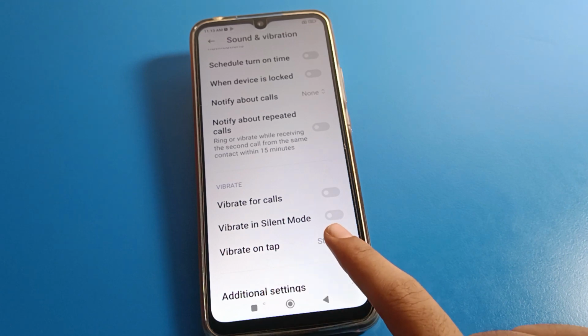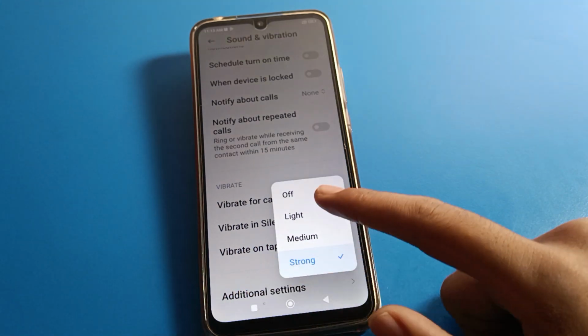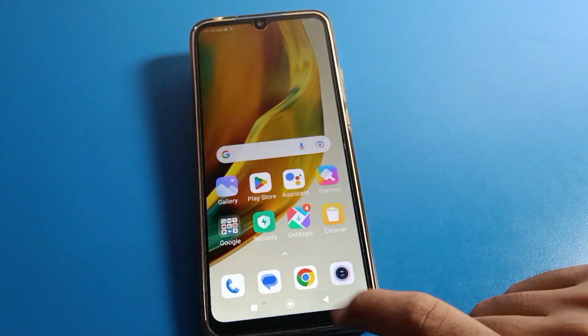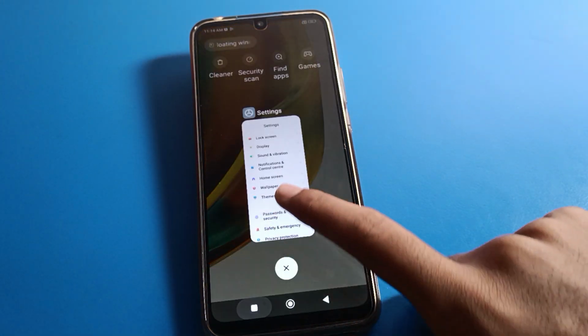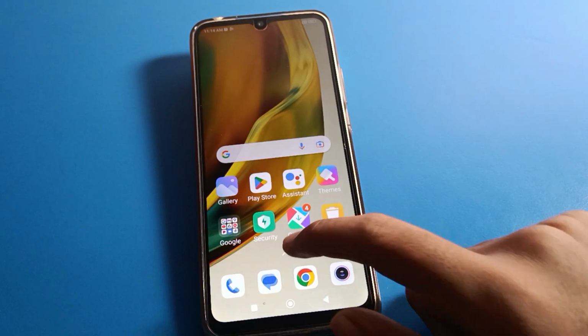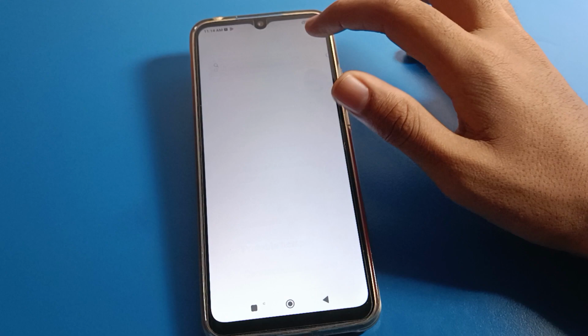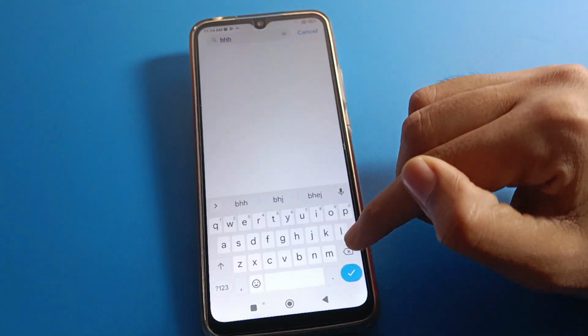So, friends, click here on vibrate on tap and turn off the vibrate on tap setting, and now you can use your Redmi phone without vibration. Friends, you can tap on your screen, you can tap on your button, and your phone will not vibrate. And friends, if your keyboard vibrates again after turning off tap vibration,